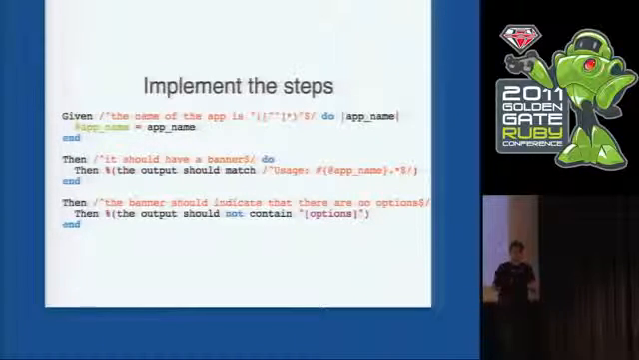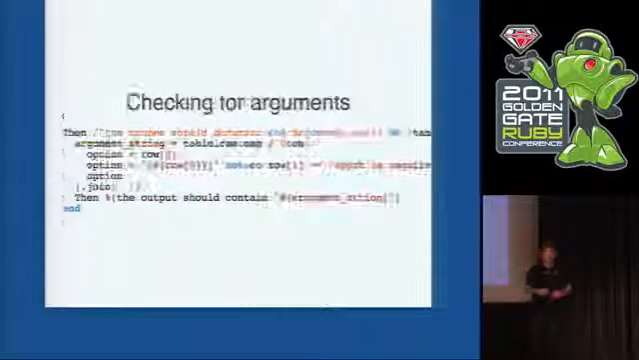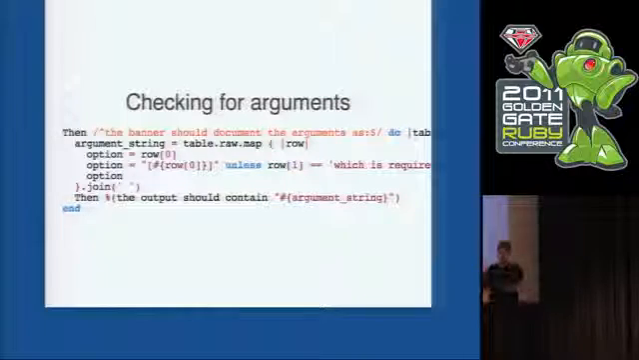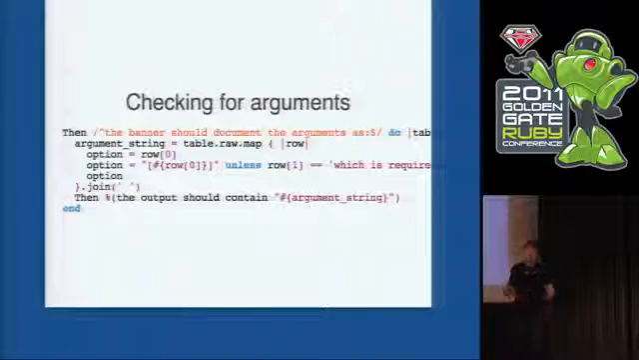And then, if we want to indicate there's no options, we make sure that that square bracket options is not in the output. For checking the documentation of the arguments, we're going to build up a string that represents what we want to see in the help. And so that string would be .files repo space square bracket checkout dir, because square brackets means optional. So we'll just build up the string with some awesome Ruby mapping